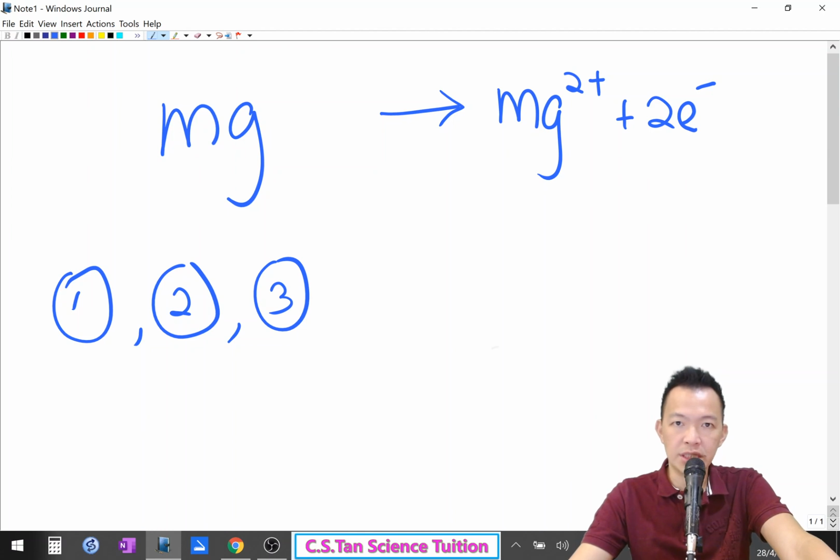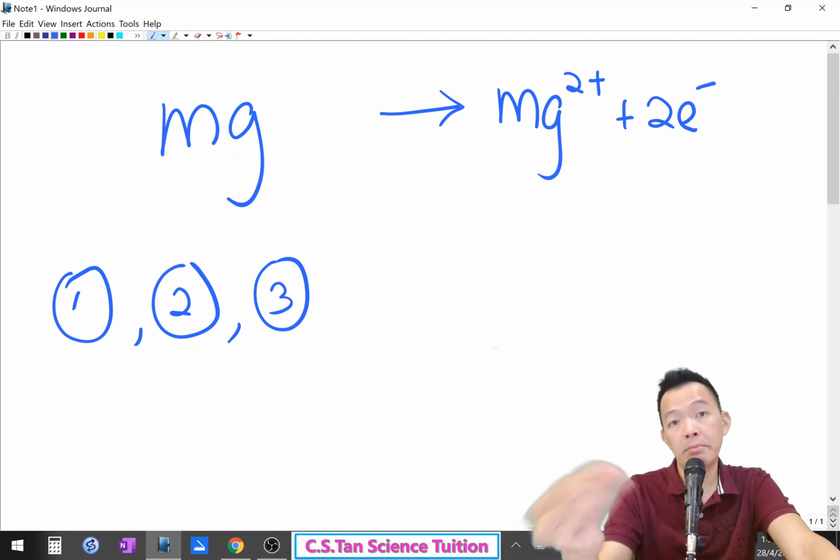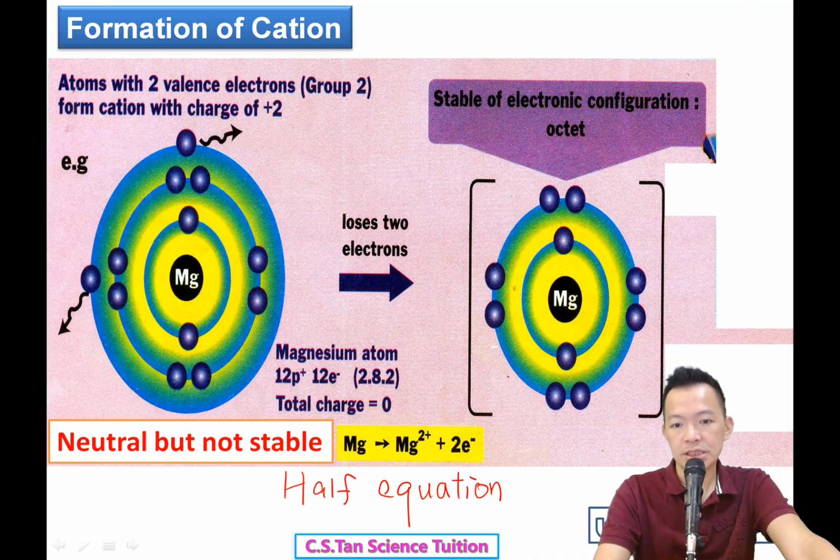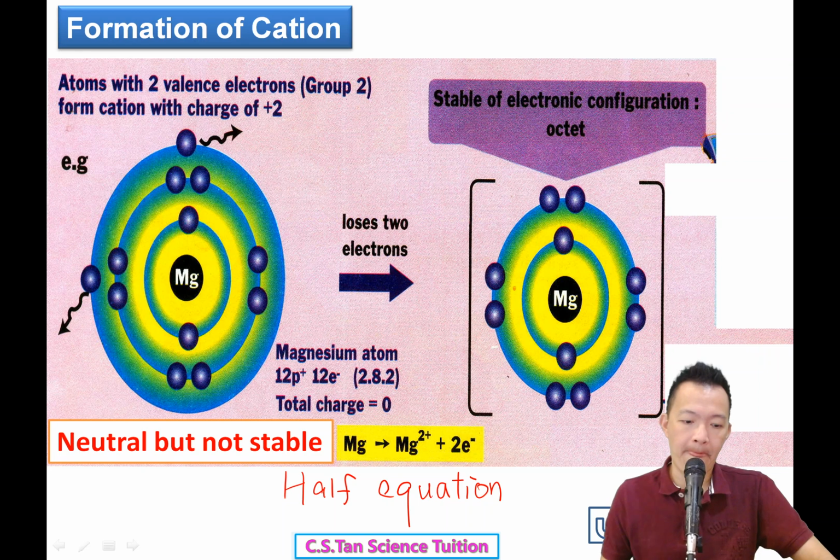Okay, so chapter 5, half equation is not the main title 啦，but you have to know the half equation starts from chapter 5。所以我们慢慢开始了。等一下第6、第7课的时候它就出来了。So magnesium lost 2 electrons become the magnesium ion, 这个东西叫 half equation.